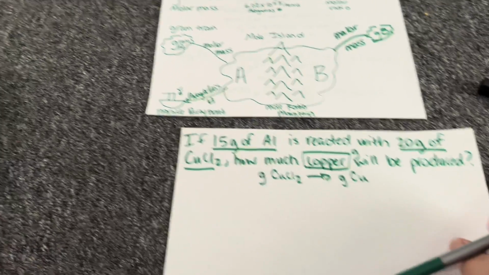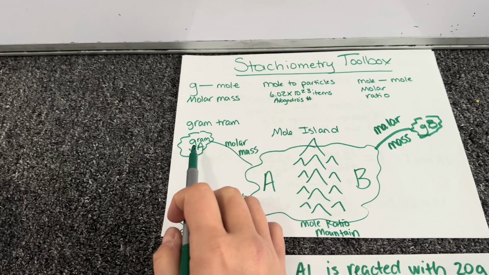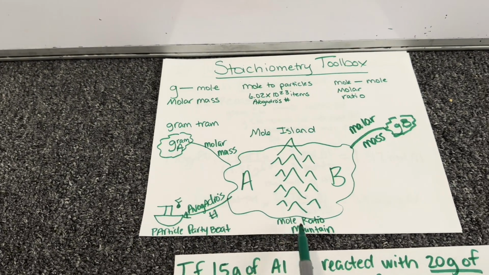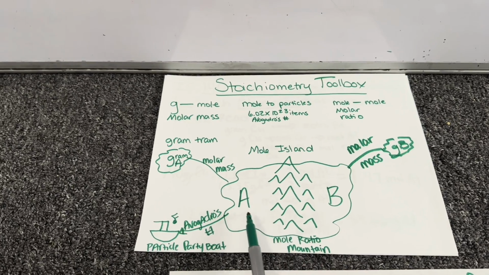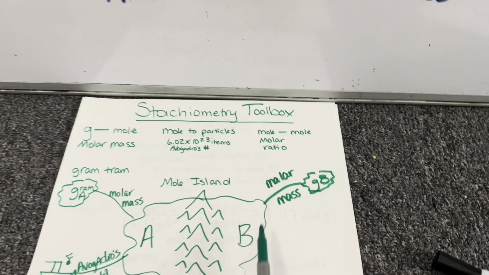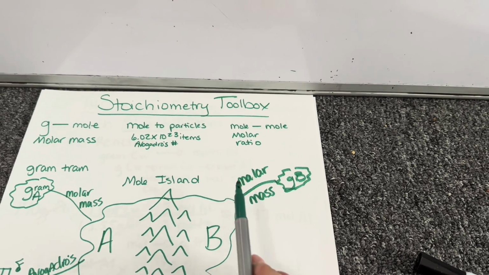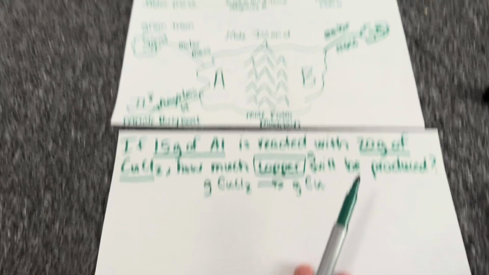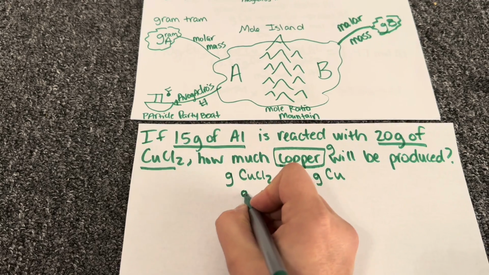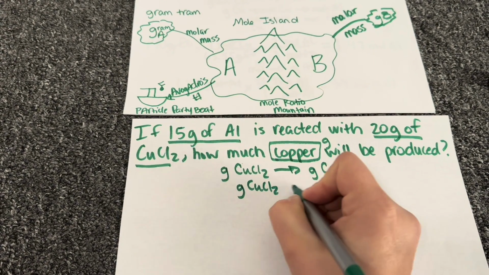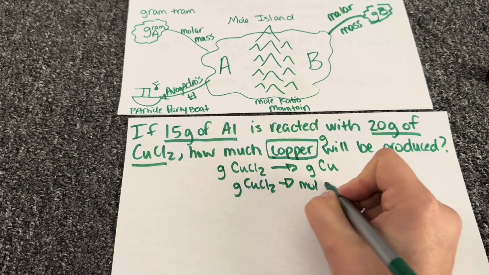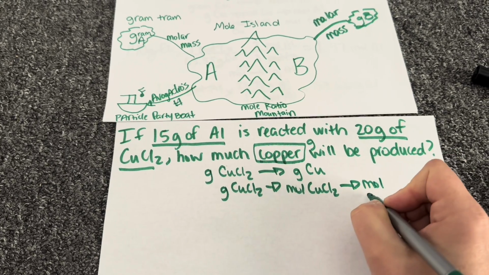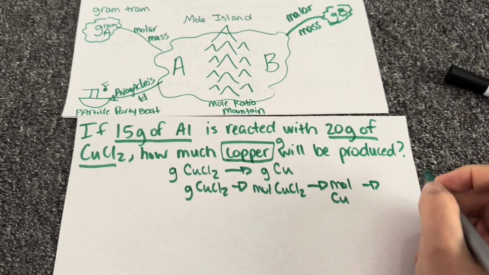So if we're building our roadmap, we've got to go from grams of our first thing to moles of our first thing. Then we've got to cross over mole ratio mountain to get to moles of our second thing. Then we've got to use our molar mass to go on the gram tram to grams of that second thing. So we've got grams of copper chloride that I'm going to have to convert to moles of copper chloride. Then I'm going to have to convert to moles of copper, and then I've got to go to